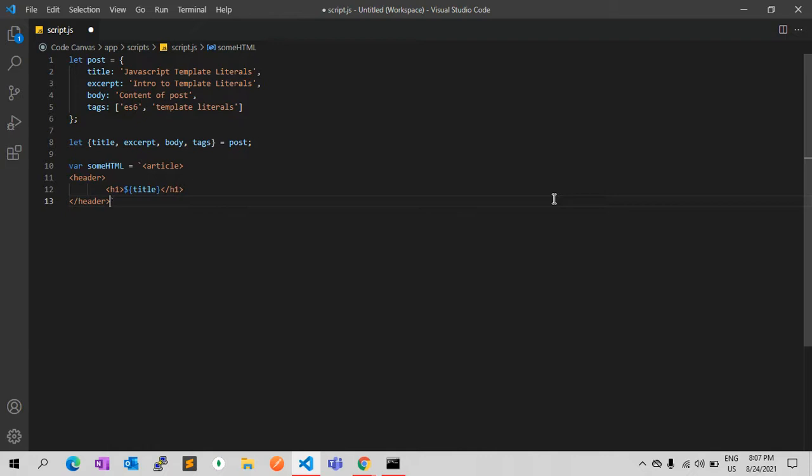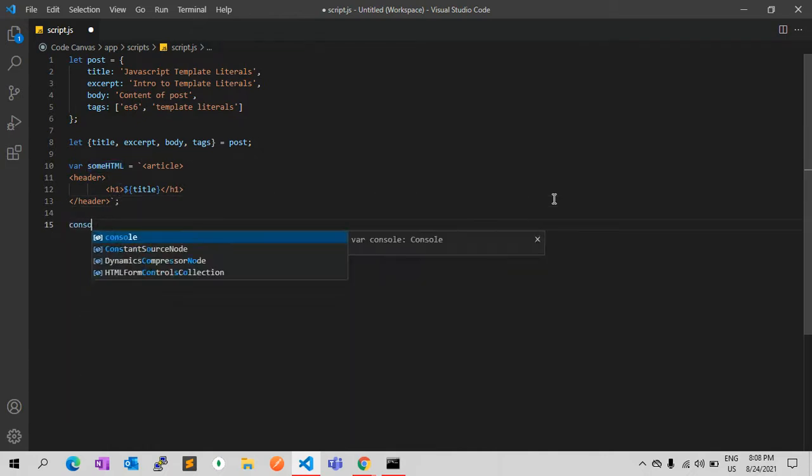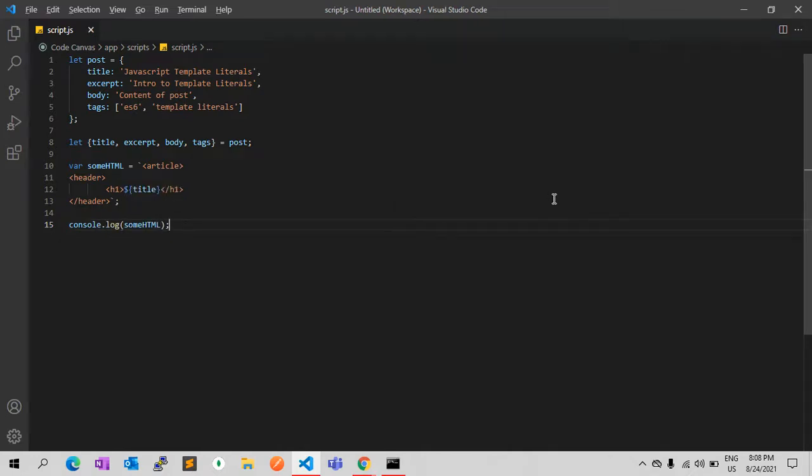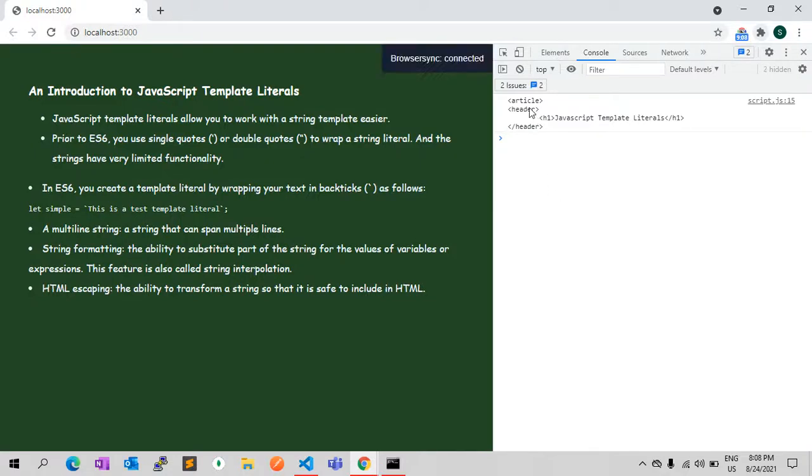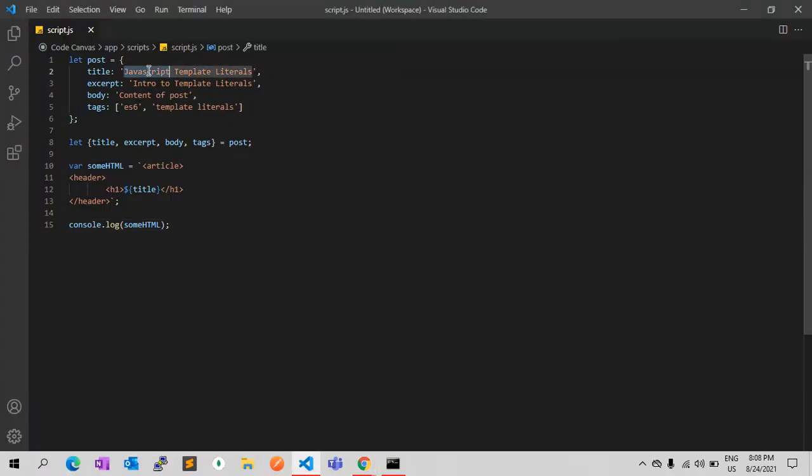Like this, you can embed other variables as well. As you can see, the article header h1 and this is the title, JavaScript template literals. That's the title which I have embedded in the h1 tag. Right. So this is also a useful technique to embed your string into your HTML.